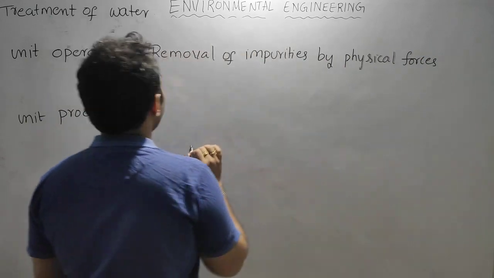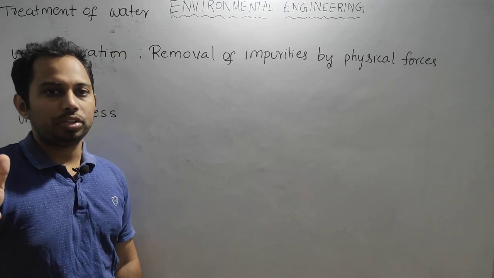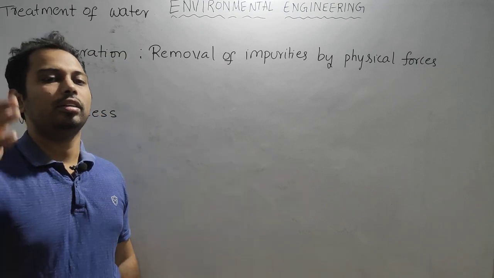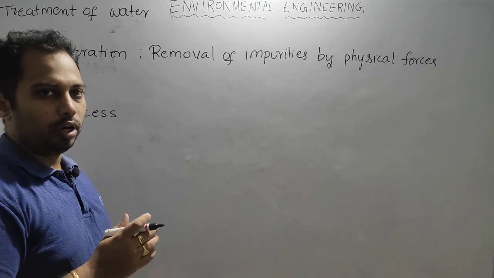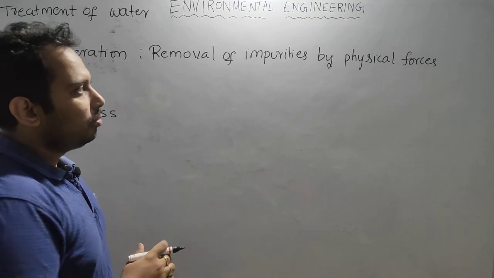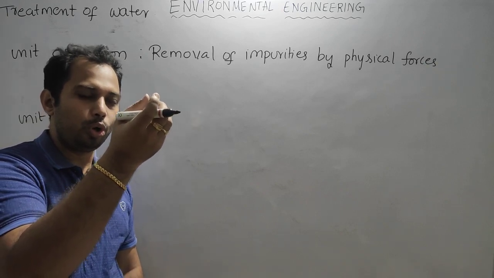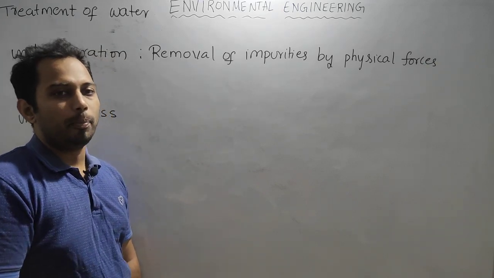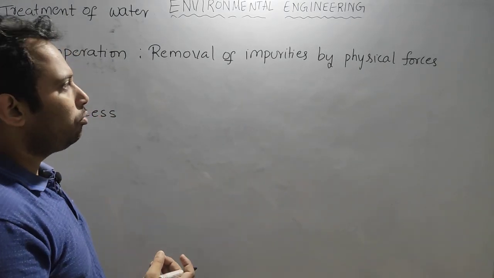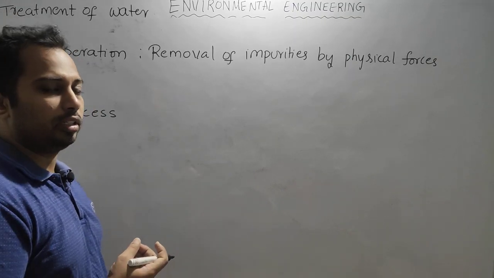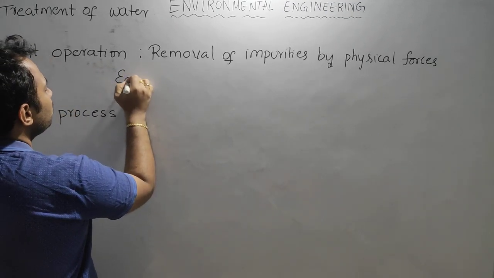Such as screening. If you look at screening, we are using mechanical strainers. We are straining the particles on the screen, and by that force we are removing the suspended impurities in the water. Similarly, in plain sedimentation the particle is allowed to settle down in the sedimentation tank upon its self weight. So weight force is acting. So that means if you are removing the impurities present in the water by some kind of physical forces, that is called unit operation. Examples I told you right now: screening,